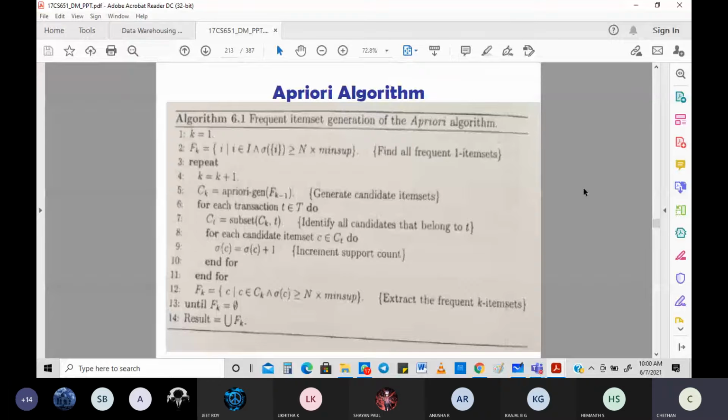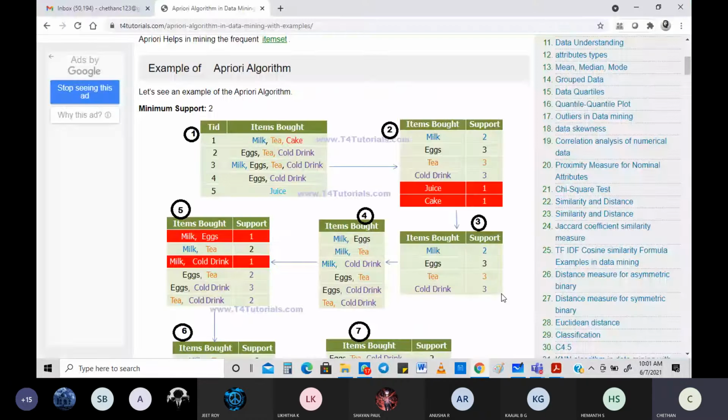I'm taking almost all the examples that are standard. When I say standard, these are generally the examples all over the world that people will take to explain the Apriori algorithm. So those are the things we are looking for. If I take this example, I hope it's visible. Again, it's right from a data science tutorial. So let's take this example into consideration.